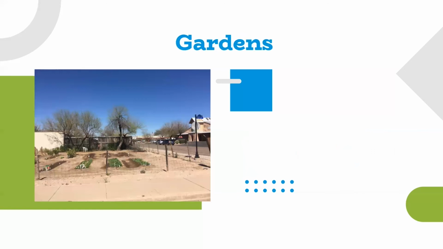The fifth activity is gardens. Work in the gardens activity focuses on supporting community and home gardens. This could be establishing new community and home gardens or sustaining existing ones. As a note, AZ Health Zone also supports school and early childhood gardens, which you can learn more about in the childhood focus areas.